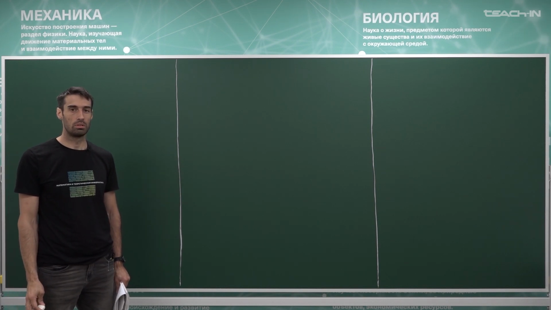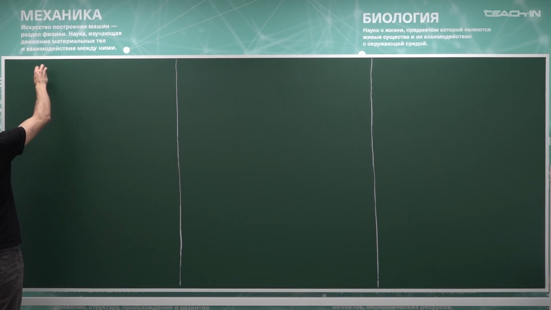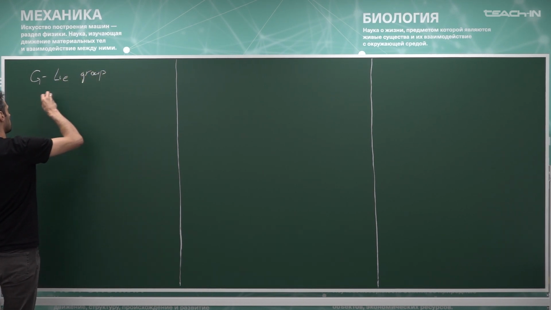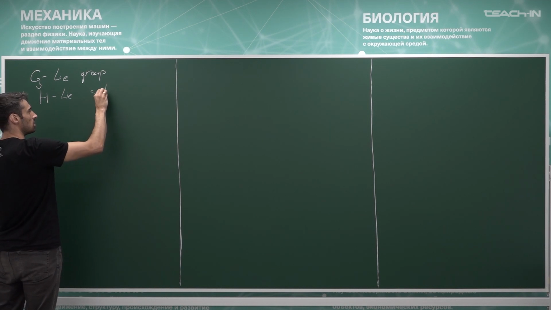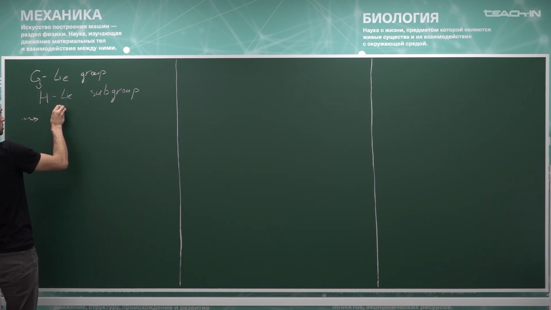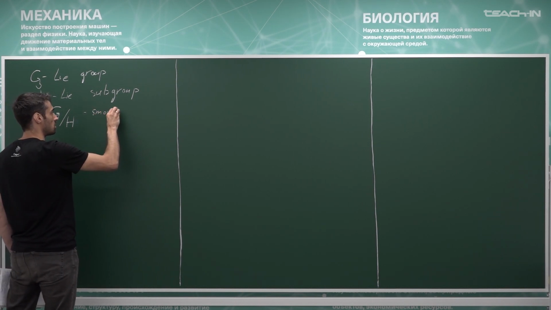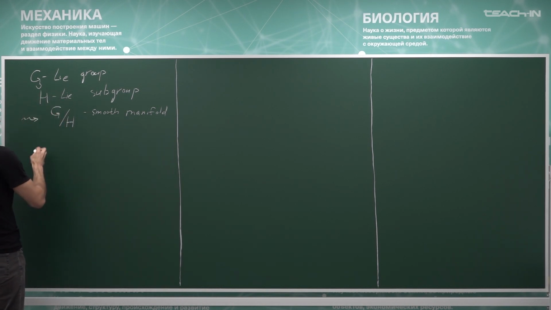So first, let us review what we had in the last lecture. We introduced structure. If I have G a Lie group, and I have H inside G, which is a Lie subgroup, then we defined a structure of smooth manifold on G quotient by H. So this is a smooth manifold, such that the projection map